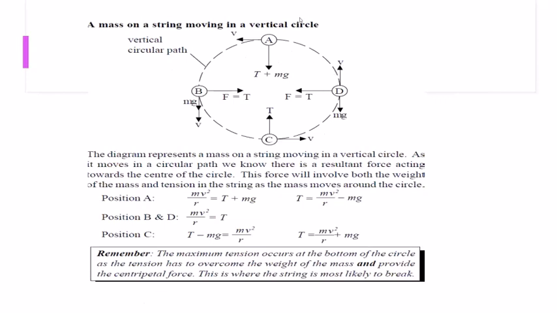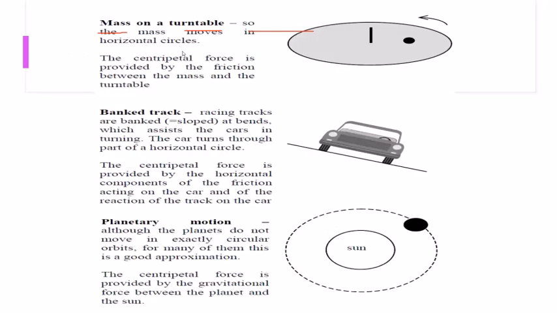For example, if there is a mass which is attached to a string and it is in a vertical circle, this is a vertical circle. The formula to get the centripetal force, if you want to find the centripetal force and centripetal acceleration,